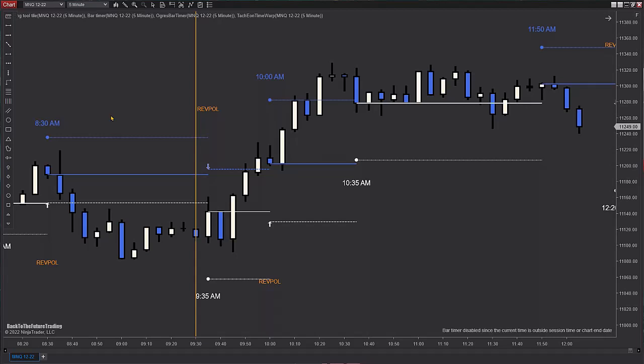We'll probably go for another half hour, make it an even 2 hours or so. Okay, so this was a rev poll short. It's a white dot, but we can see that it prints rev poll up here, and it prints this little blue arrow, which is like, whoa, maybe not long. We're actually going to short this thing, right at the close of the candle, because I can already see this candle forming. I'm just going to do it how I did it this morning because I want to see for myself. So short here instead.